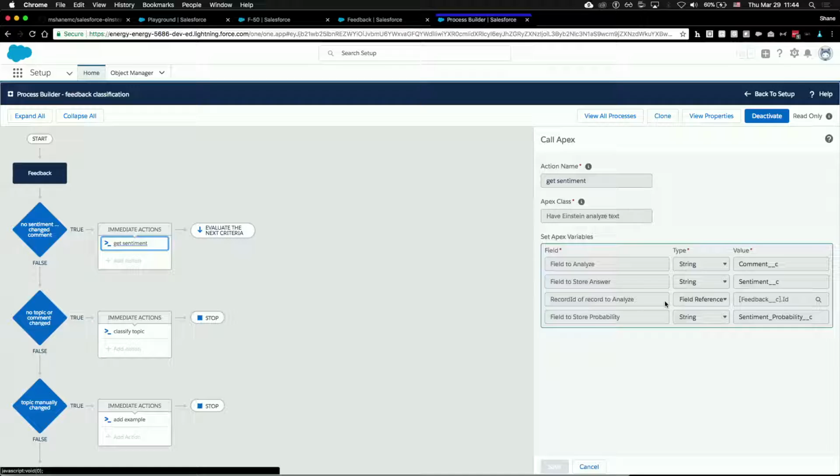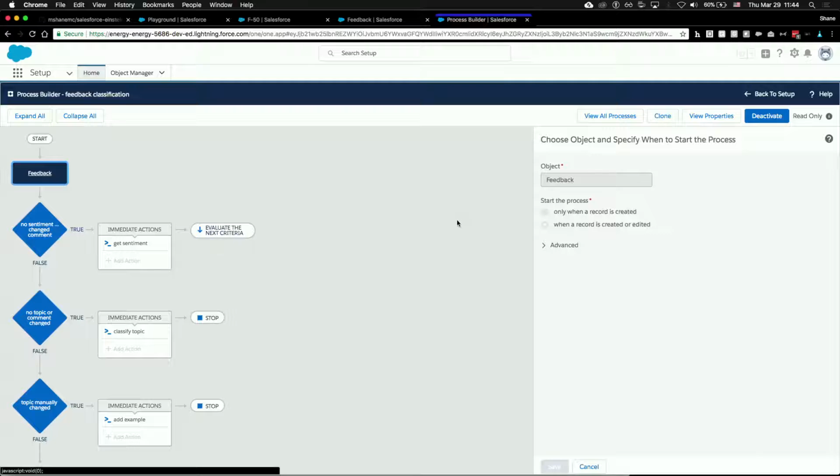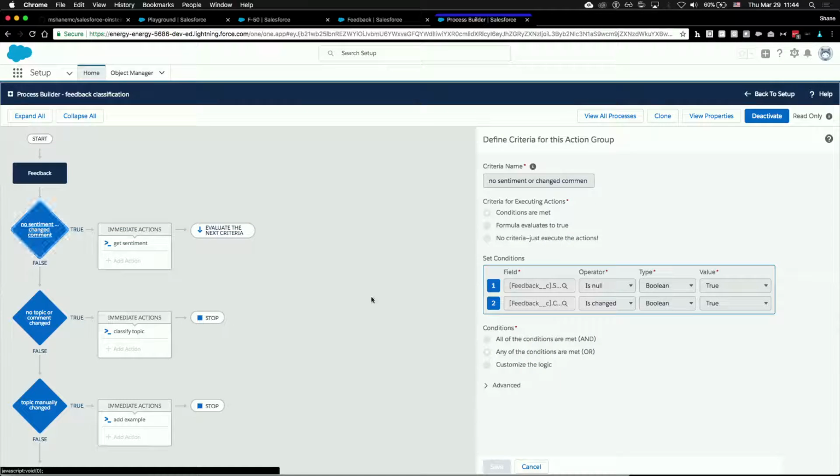All right. Here's what I have. This should be, there is no sentiment, is null true, right? And the comment is changed. And I think the only thing, I can't even imagine what else I may have missed. Oh, it's the or. All right. I want either of those things, right? Because if someone changes the comment, I want to rescore it. And if there's no sentiment, that's what it is. Because otherwise, the and doesn't make any sense.